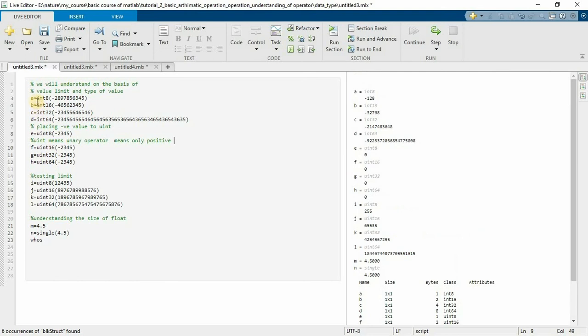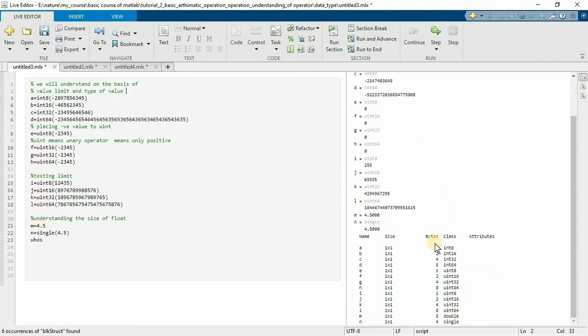I just gave names a, b, c, d continuously, a, b, c, d, e, f, g, h, i, j, k, l and m, n. So look at the section below. A consumes 1 byte, whereas B 2, C 4, D 8, so 1, 2, 4, 8, something doubling, for 8, 16, 32 and 64.